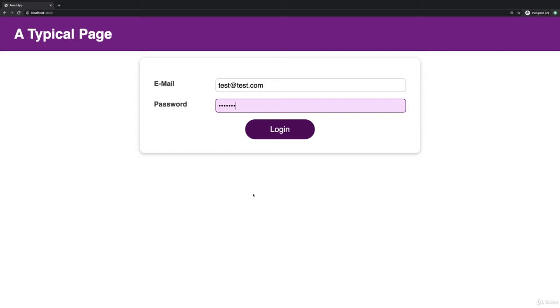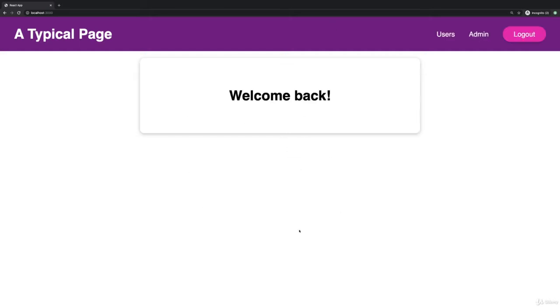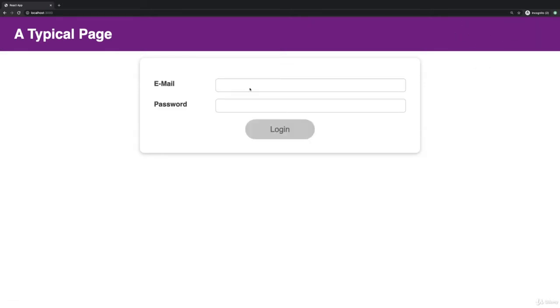That's not a real authentication screen yet. For the moment, it's just a dummy screen. As long as you have a valid email address and a password that is at least 7 characters long, you can click the login button and you're on this dummy welcome screen. These links won't do anything, but the logout button will take you back. So it's a very simple dummy app.